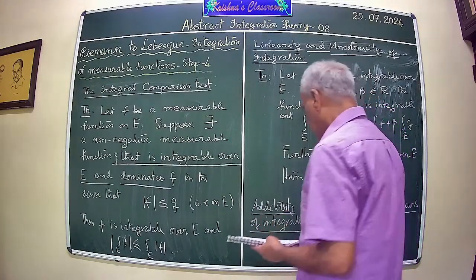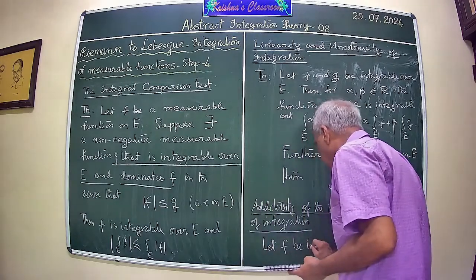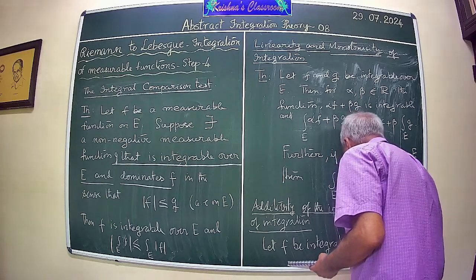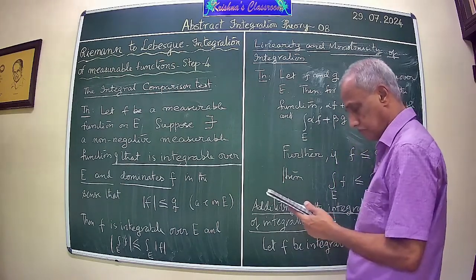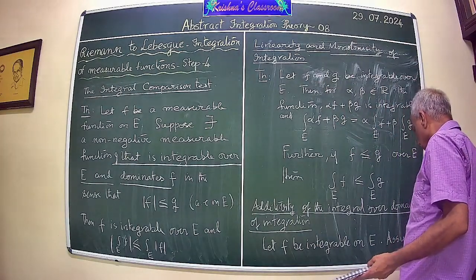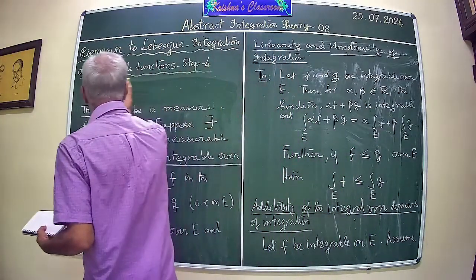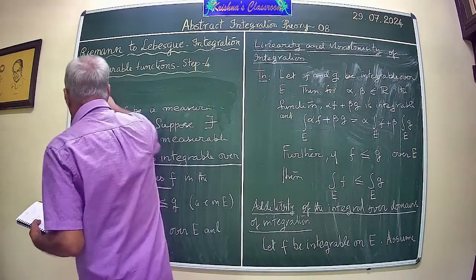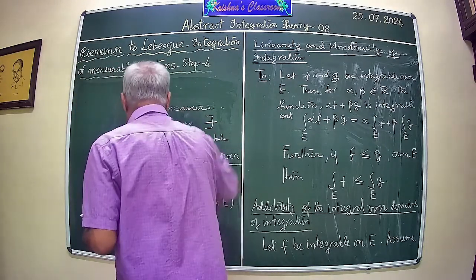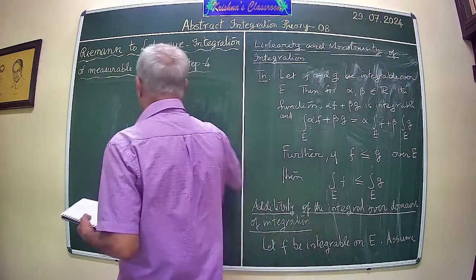Okay. So let f be integrable on E. Assume A and B are measurable subsets of E such that A intersection B